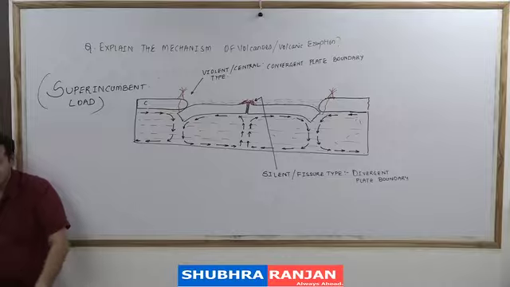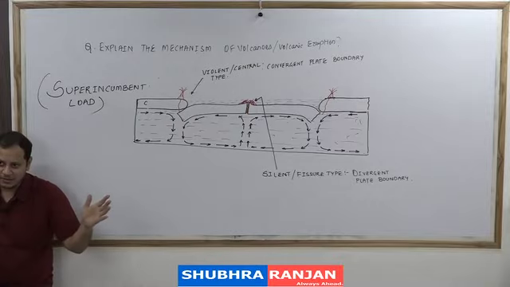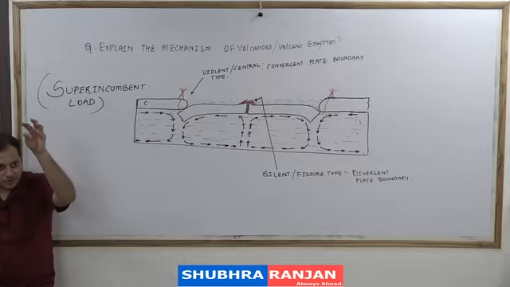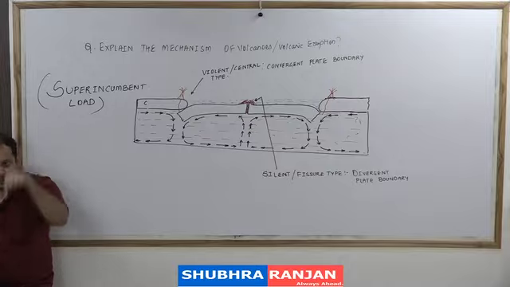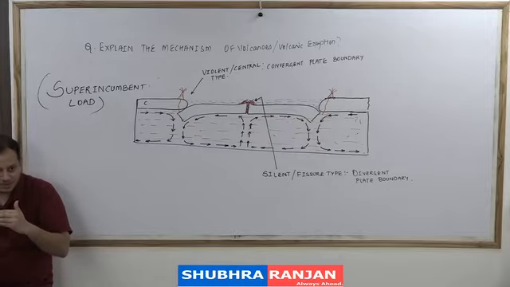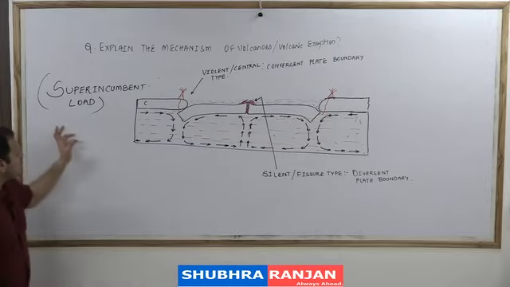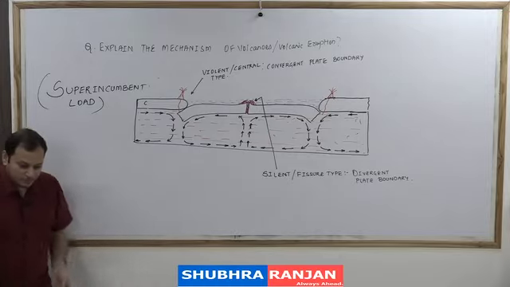That is why I said that sometimes in scuba diving, if you go very deep inside the sea, the body suddenly will burst. That is because superincumbent load goes on increasing if you go vertically downwards. That is superincumbent load. If you jump vertically into the water, water will go into your nose and ears. That is because your body cannot put that much pressure outside. So superincumbent load, overlying pressure,